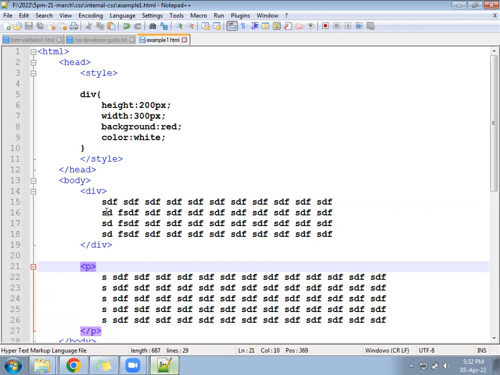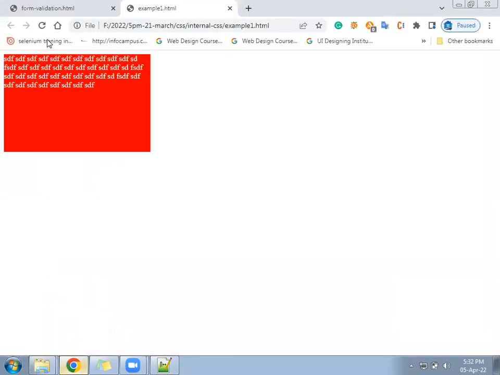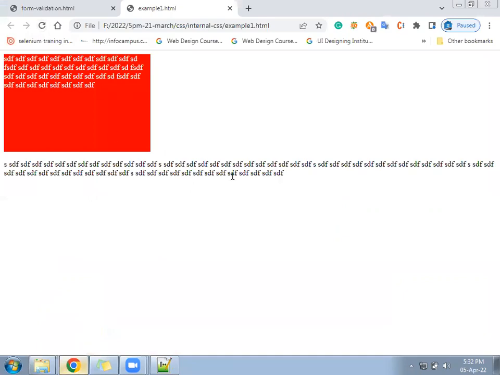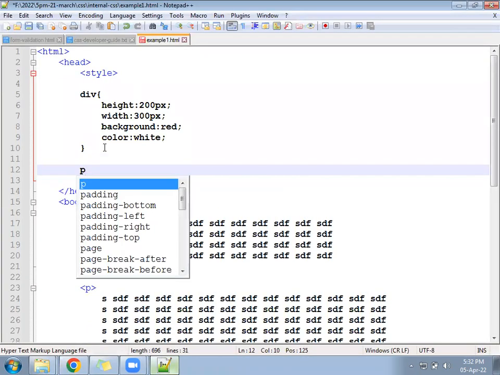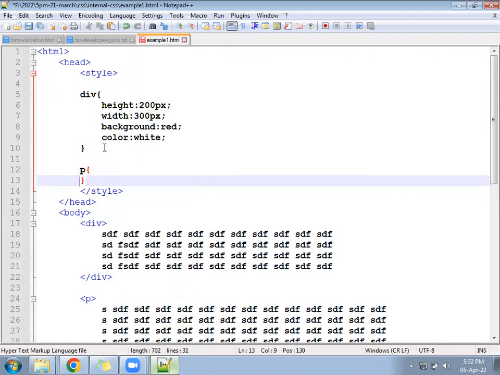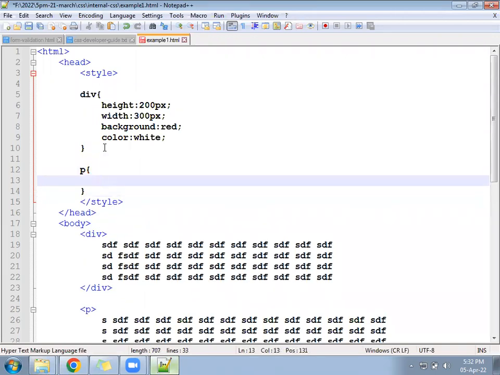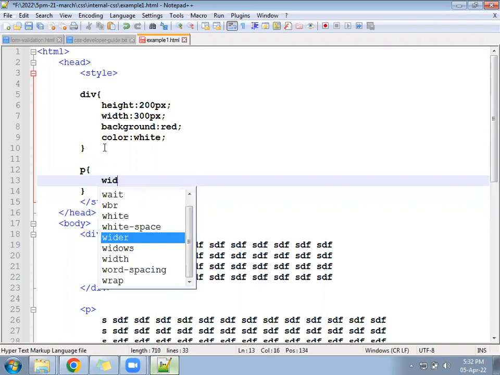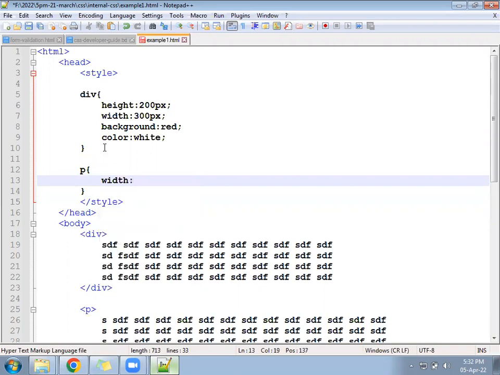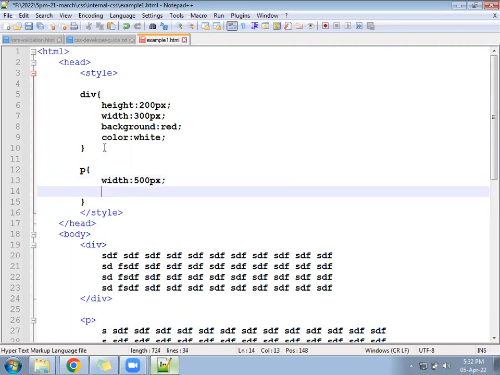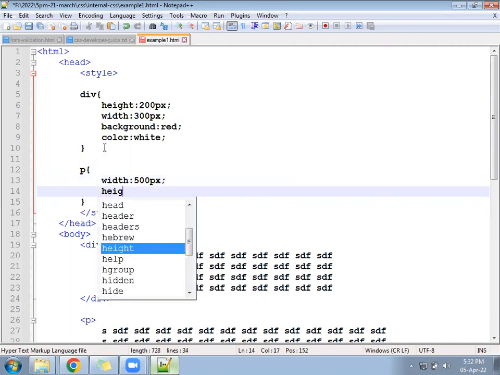Okay, ready. Now come down. If you run the page, it will show you a simple paragraph. You will not have any look and feel. But we want some CSS for that. So we'll go here and we'll add the p tag here. Curly bracket open close. For the p tag, we will add the width of the paragraph, assume somewhere 500 pixel. A height of the paragraph,